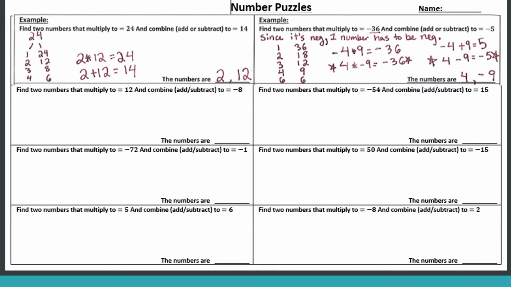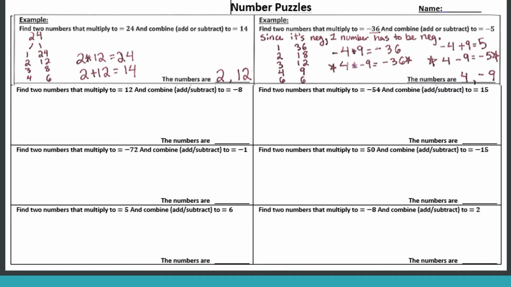Okay. The thing is I know that I'm subtracting them. So that means one of them has to be negative. So I want to have a negative 5 when I add them, so that means that the 9 is the negative. So 4 plus negative 9 is negative 5, and 4 times negative 9 is the negative 36 up there. Okay,